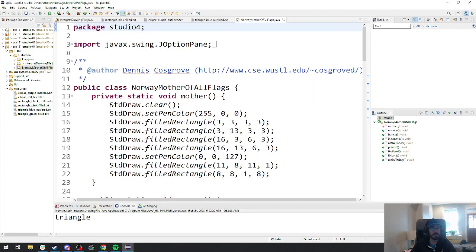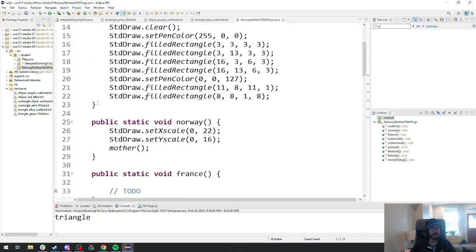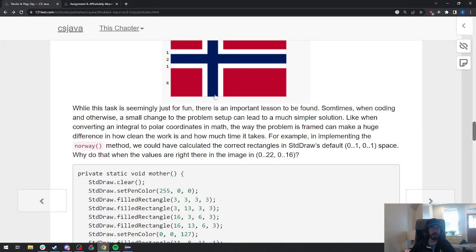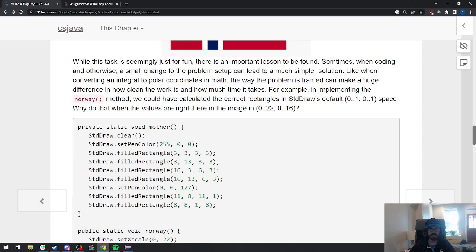So here is the code that draws the Norwegian flag, right? This is, I believe, the code that's set up to do that. And for the scale for Norway, you can see that it's just the entire flag. But where in that flag do we see France? So if I want to pull out France, I need to find